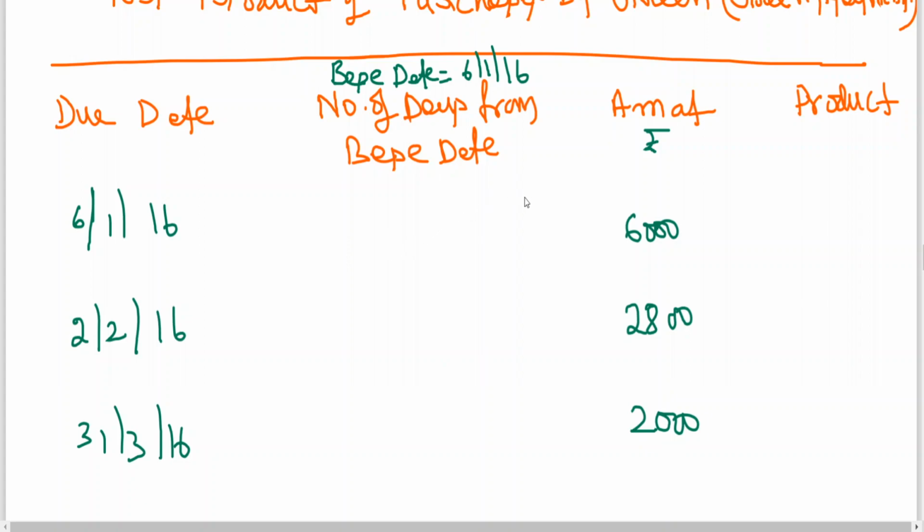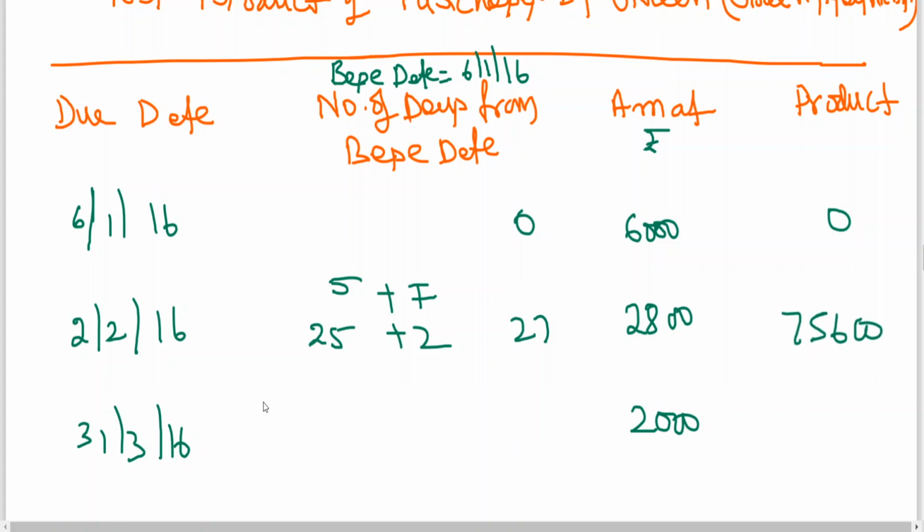Now calculate the number of days: 0, product 0, 6 January to 6 January. 6 January to 2nd February: 31 minus 6, 25 days of January, plus February 2 days, it is coming to 27. So 27 days into 2,800 is coming to 75,600. Then again January 25,